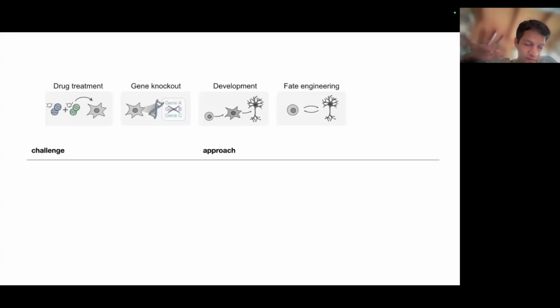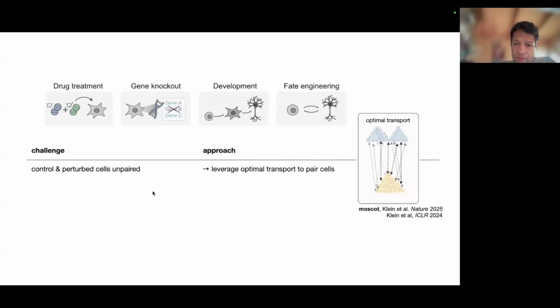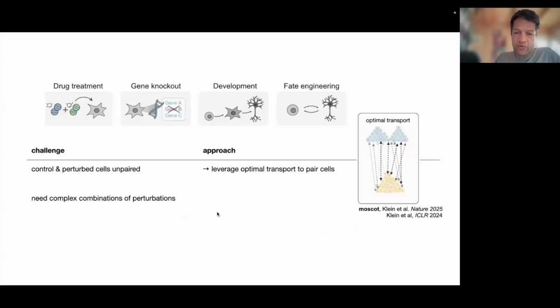There are 3 challenges that I want to briefly say how we got around. The first one, of course, is this unpairedness, as I was mentioning before. For this, you need to use OT to pair cells. This has been tried quite a few times in the field. We recently came up with this toolbox, Moscot, a multimodal single-cell optimal transport approach with both spatial as well as temporal mapping. I think it's quite cool and useful, so check it out if you haven't seen it. It's very scalable because we collaborate with Marco Cuturi's lab, who really know how to scale up these algorithms. This is the baseline that we now use to pair cells.